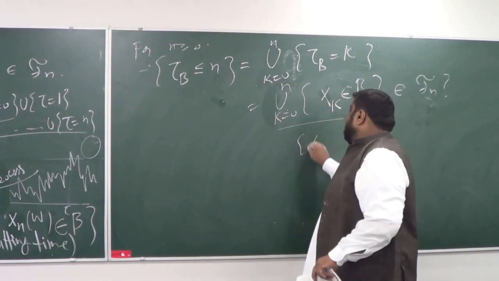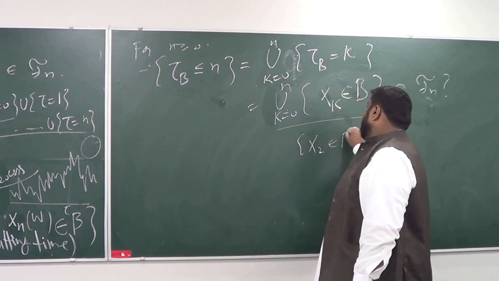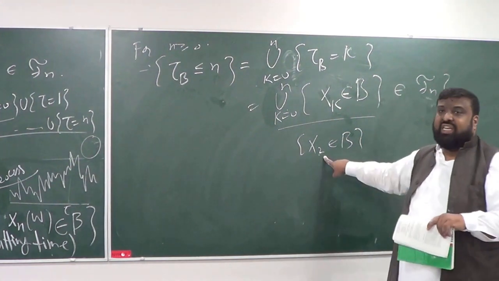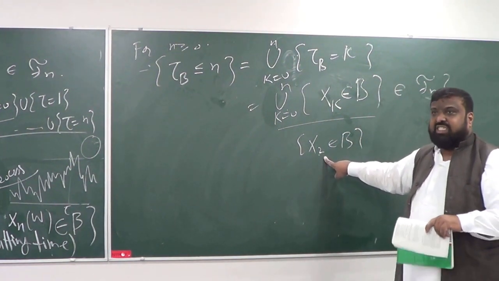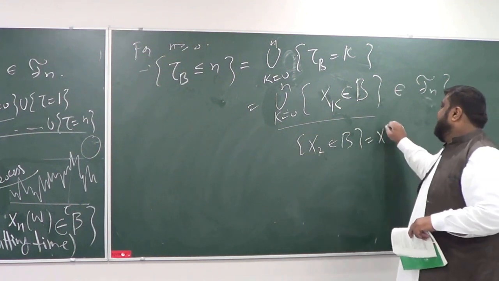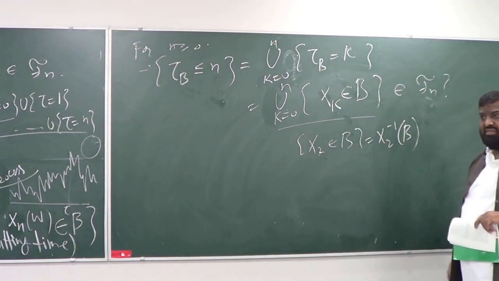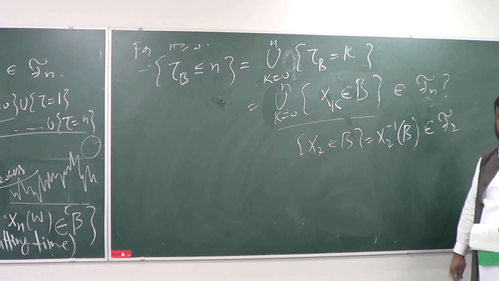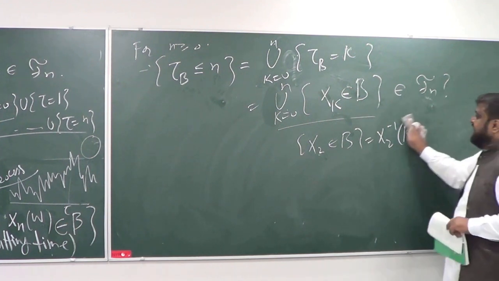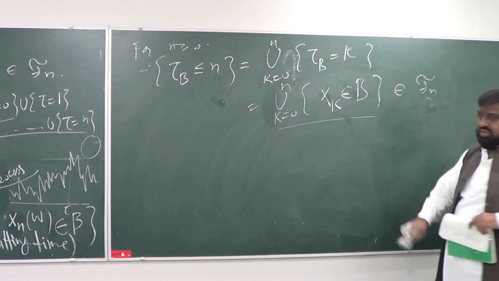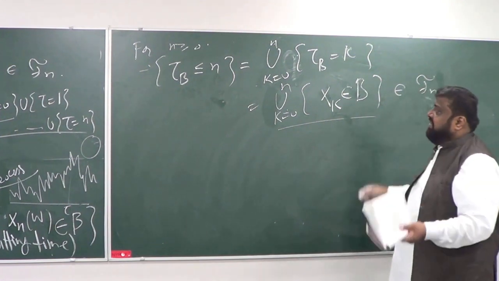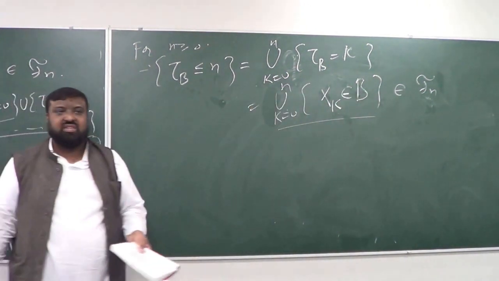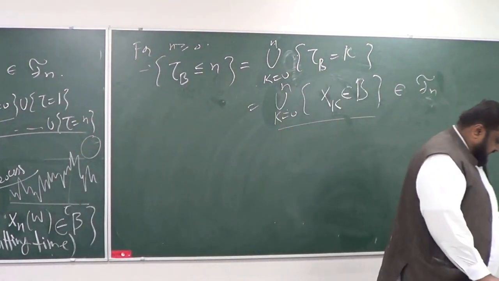And where is X2 belongs to B? Where can I find the information about X2? X2 is F2 measurable. So this is nothing but X2 inverse of the Borel set, which belongs to F2 by definition. So you can see that all of these are going to belong to Fn. At the end, that's it. This means that this first entering time is stochastic